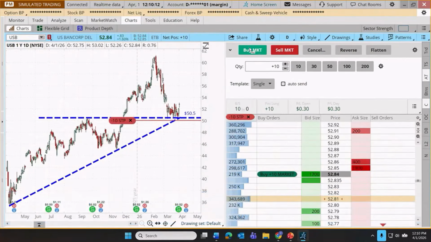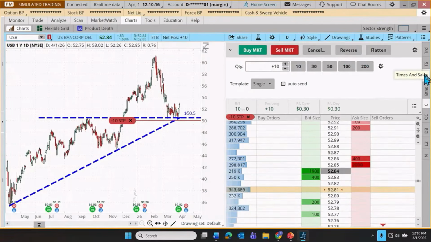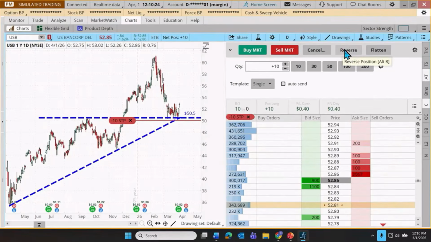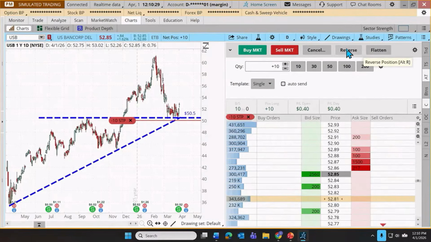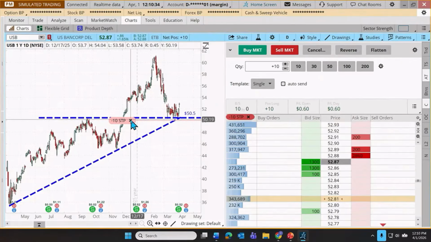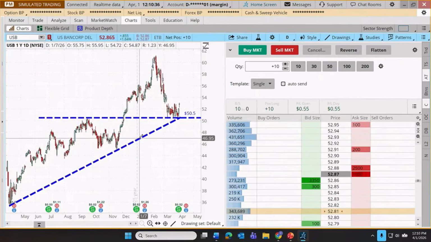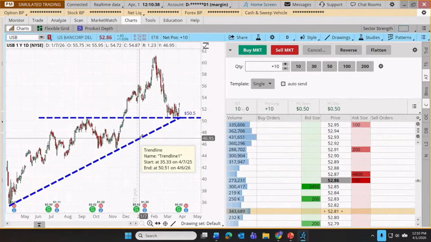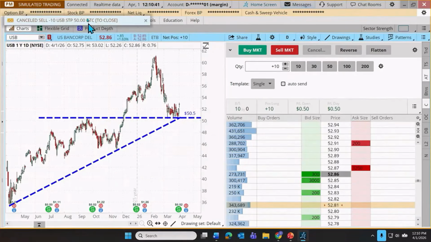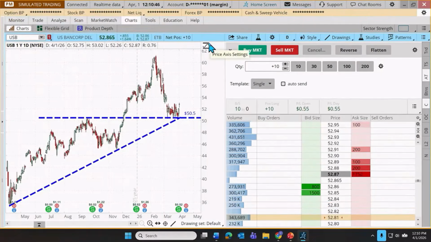All right, so we've acquainted ourselves with the buy button and the sell button. Not any huge revelations here other than maybe to realize that the active trader exists. I can click the cancel button to cancel everything. I don't want to do that just yet. What I want to talk about here is the reverse and the flatten button. So how about I do this for just now? Let me go ahead and demonstrate how we can cancel a stop order. I'm going to click on that. That stop order has been canceled. All right, there it is, canceled that stop at $50. I'm going to reinstate that in just a moment.